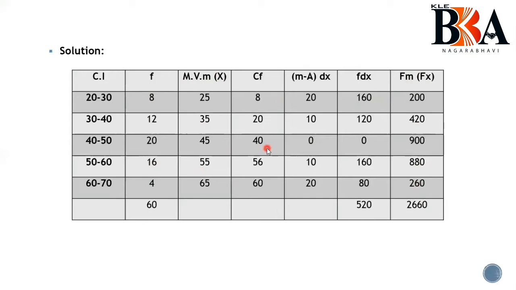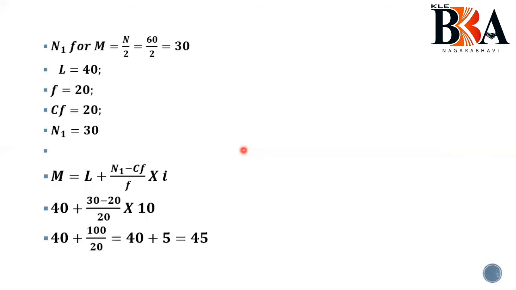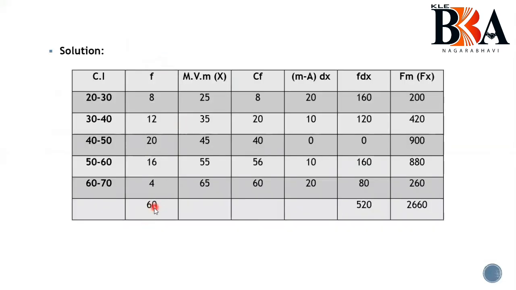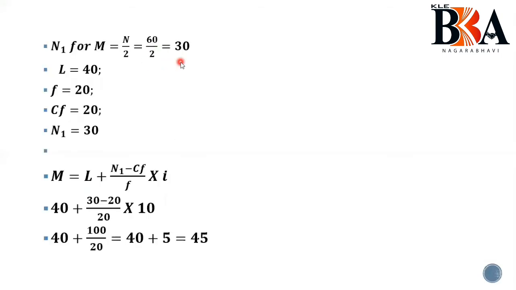Fine. Now for this you need to go for the calculation. So how to go for the calculation? I am going for the normal method first. Just after this, we'll go for the direct formula where you can get the answer easily. So for the normal method, first you need to go for the median formula. For calculating your median, we need N1. So be careful with this. N1 for median is n divided by 2. We have got the total of the frequency, that is 60, right? 60 divided by 2 is 30.